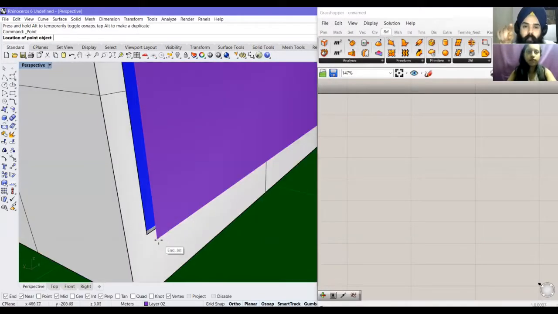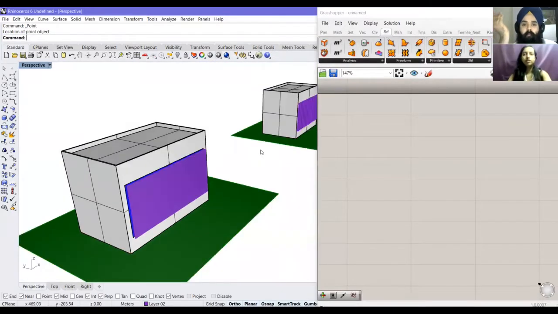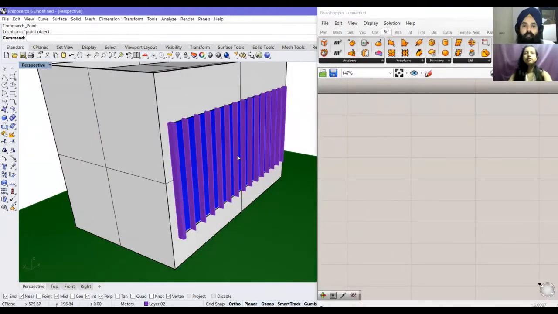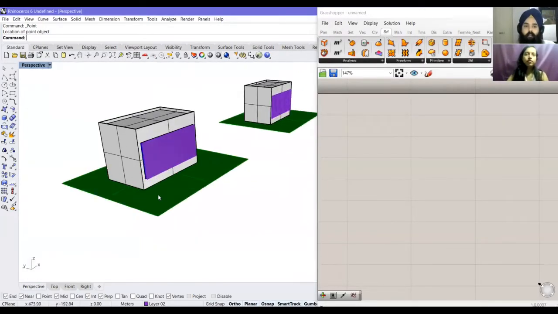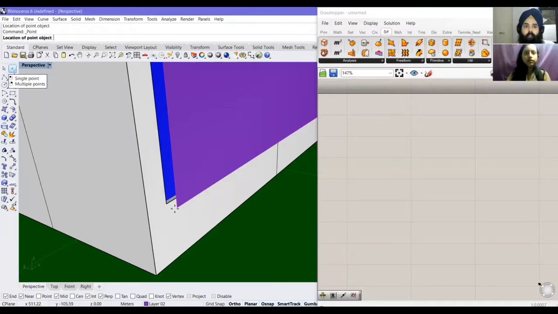Why did we make this surface, by the way? The surface is, if I just show you here, so you have these louvers. If you were to consider this surface, it is the outer face of the louvers. That is the surface that we made. Understood. We'll divide it, we'll tweak it. Yes. Okay. So I'm going to take 2 more points of reference. Currently, we're talking about a building. If we were just making the louver, this point would have been automatically snapped as the origin, the origin of the world, of this entire thing.